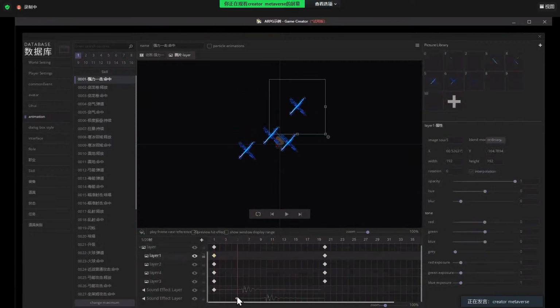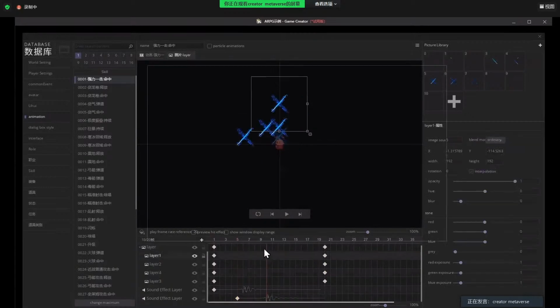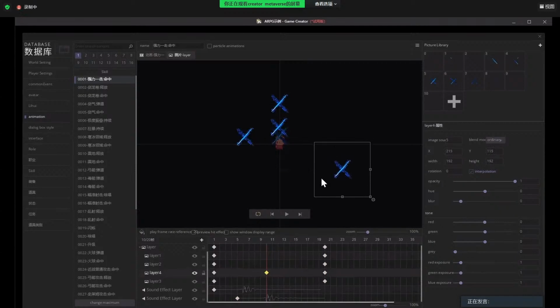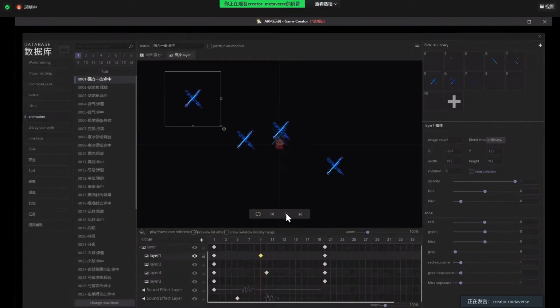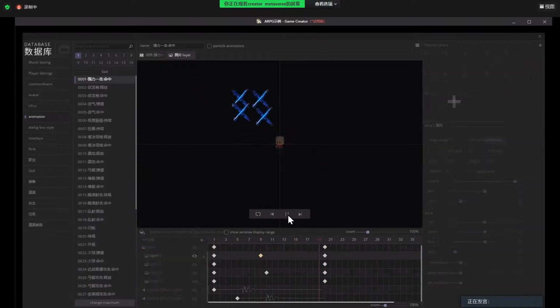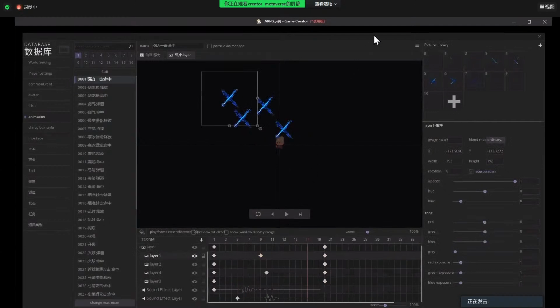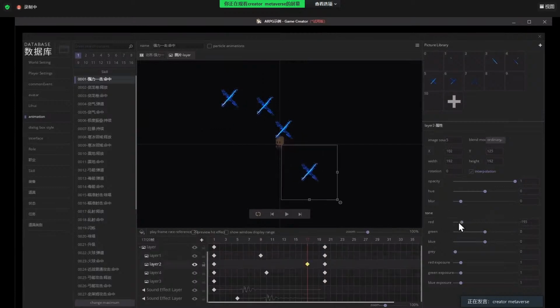Here is the effect. So we can also add something here in the middle. Choose this one, go here, and that one, go there. Let's see the effect. And here, we can also change the color tone.